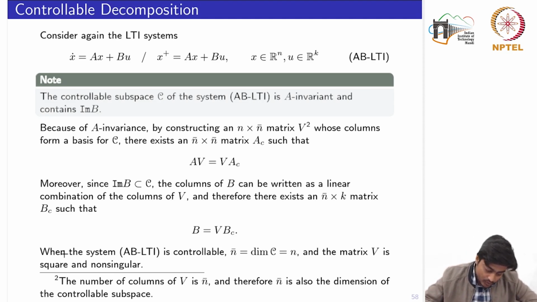Now this is an important point: when the system A, B LTI is controllable, you would have n bar equal to n, which is nothing but the dimension of the controllable subspace. And the matrix V in that case would be a square matrix, because the dimension of matrix V is n cross n bar, and V would be square if the system is controllable. Now the question arises, with what we have started, that if the system is not controllable,